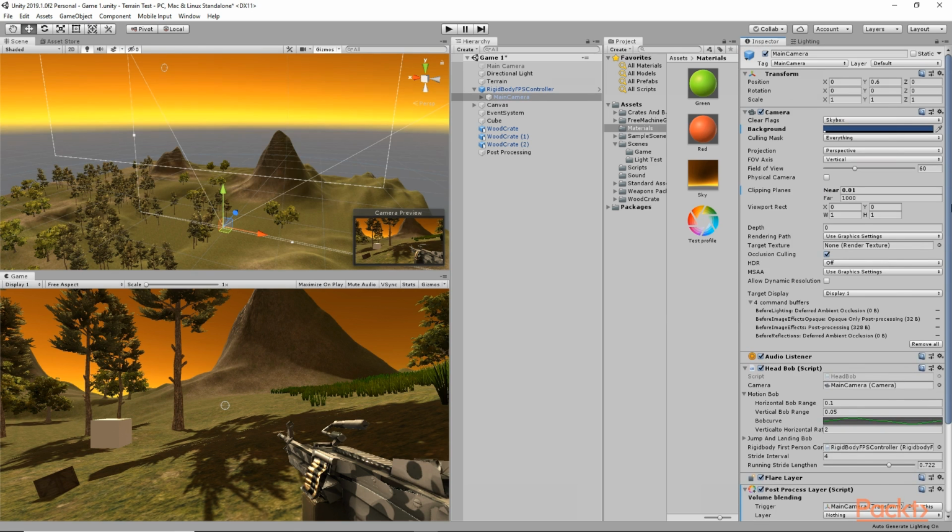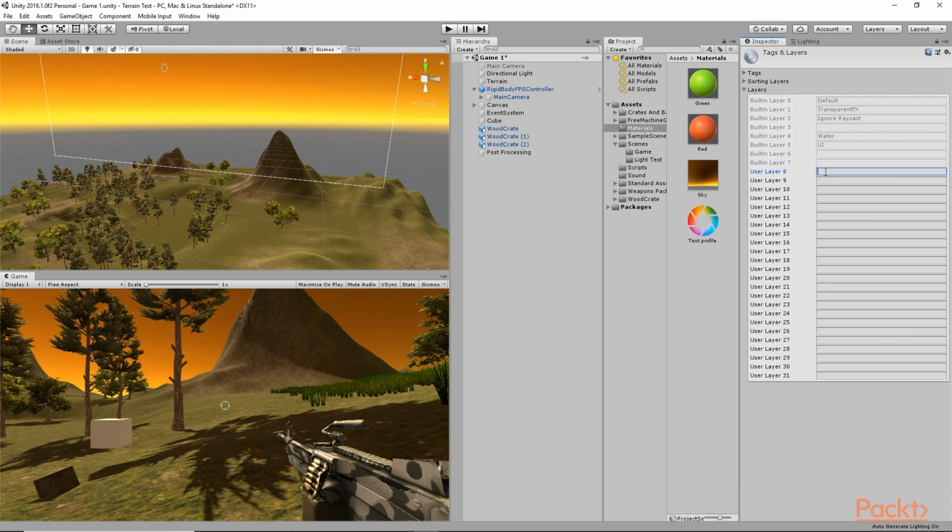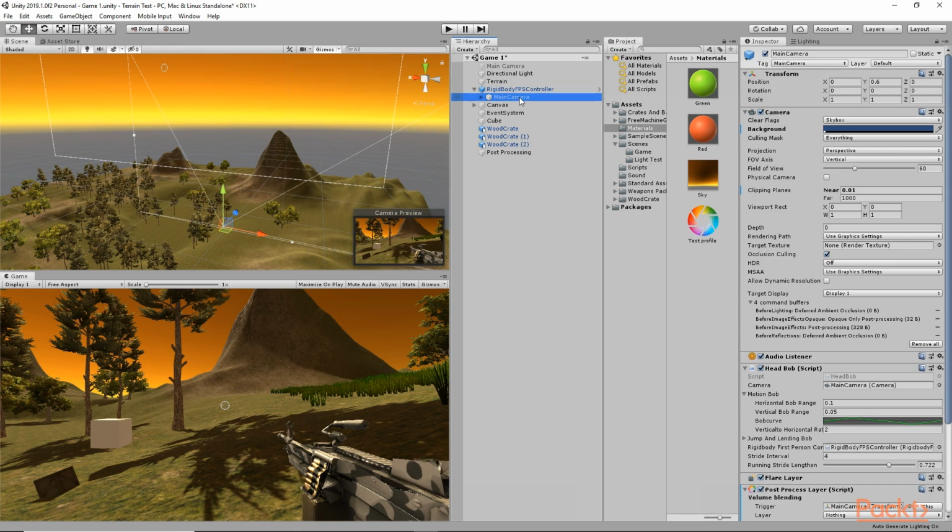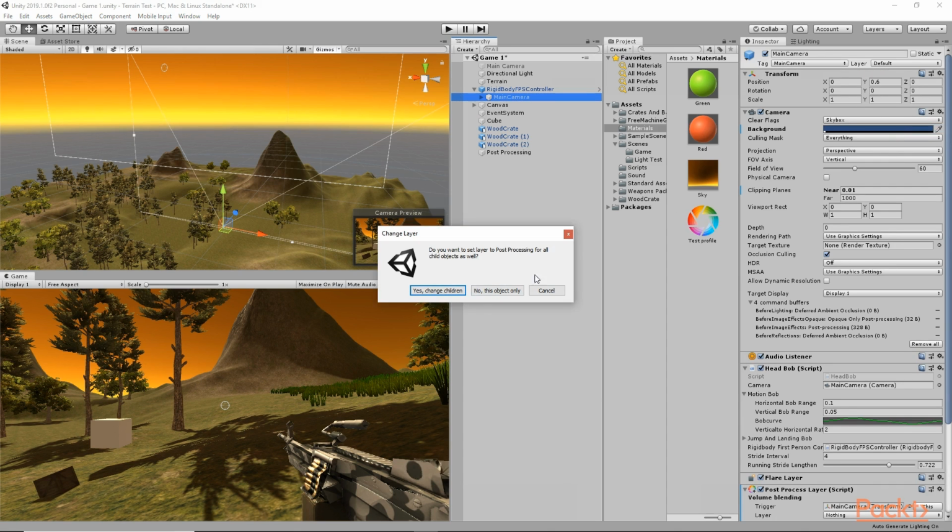Another thing we need to do is go to this layers option, and from here click on add layer, and here we need to create a new layer called post processing, or you can create any other layer with any other name you want. Then again select the main camera, go to layer and select post processing. It asks whether to apply this to the children as well. We can simply say no, this object only, so that the layer will be applied only to the main camera